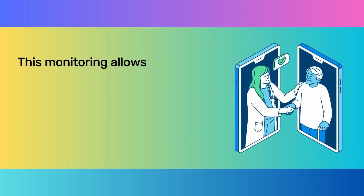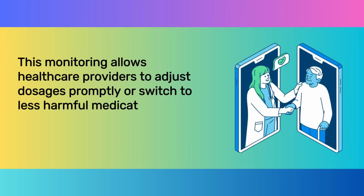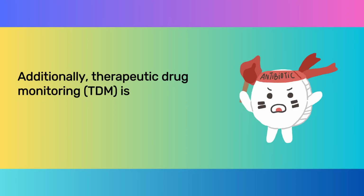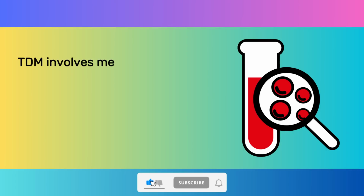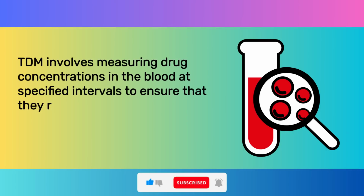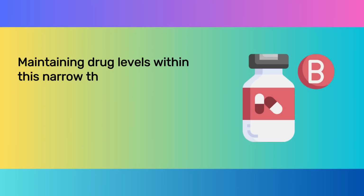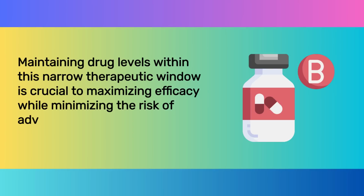This monitoring allows healthcare providers to adjust dosages promptly or switch to less harmful medications as needed to prevent permanent kidney damage. Additionally, therapeutic drug monitoring, TDM, is often employed with antibiotics like vancomycin. TDM involves measuring drug concentrations in the blood at specified intervals to ensure that they remain within a therapeutic range that is effective yet not toxic. Maintaining drug levels within this narrow therapeutic window is crucial to maximizing efficacy while minimizing the risk of adverse effects,